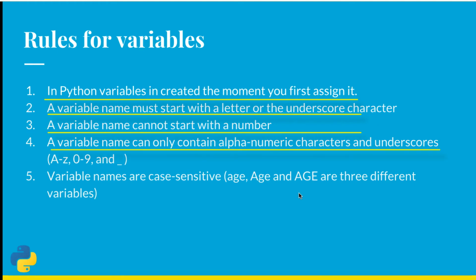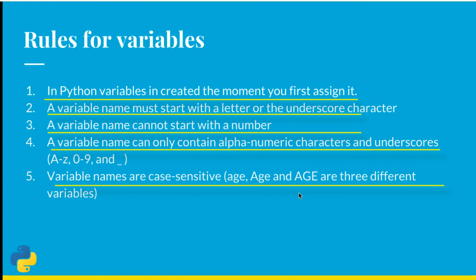You cannot create a variable that has a space between words. For example, if you're creating a variable like area of rectangle, you can see this is a combination of 3 words, so you cannot use a space between area, of, and rectangle. Instead, you can rely on camel case, where you create a variable name that starts with a small letter and then each following word starts with a capital letter. Variables are case sensitive. This is something that you always need to remember.